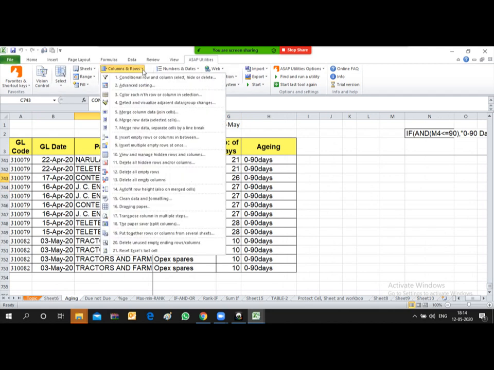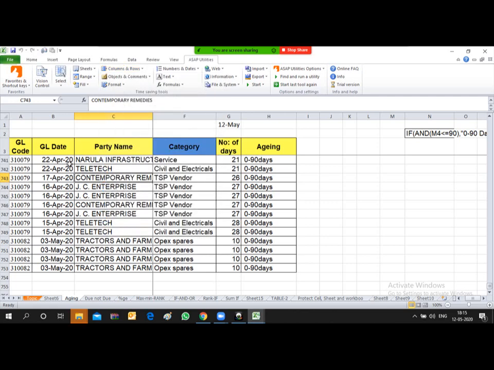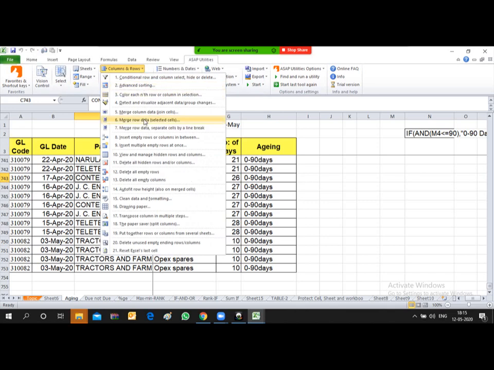Suppose there is a row and column, and you want to insert multiple empty rows at once. So friends, if you see this option, insert multiple empty rows at once, you can do that kind of thing.